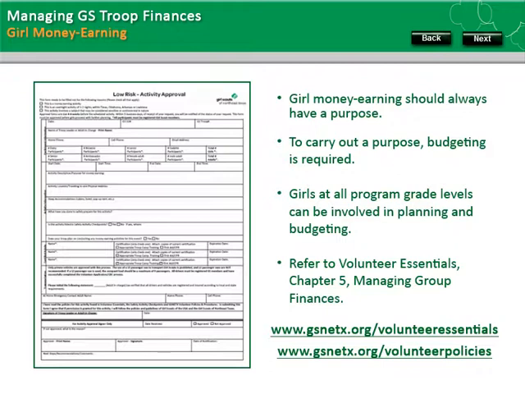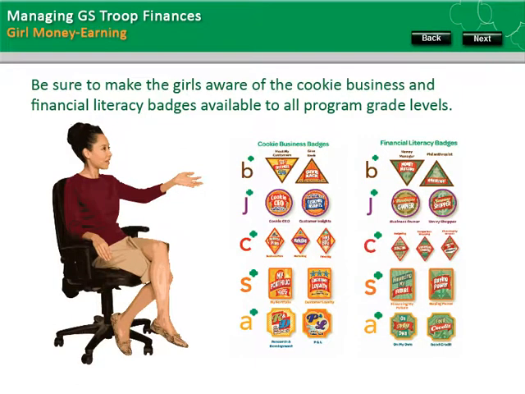In addition, review the GS-NetX Volunteer Policies and Procedures, Section 19, Girl Scout Troop Money Earning Activities. Include the cookie business and financial literacy badges for all program grade levels in any girl planning discussions about girl